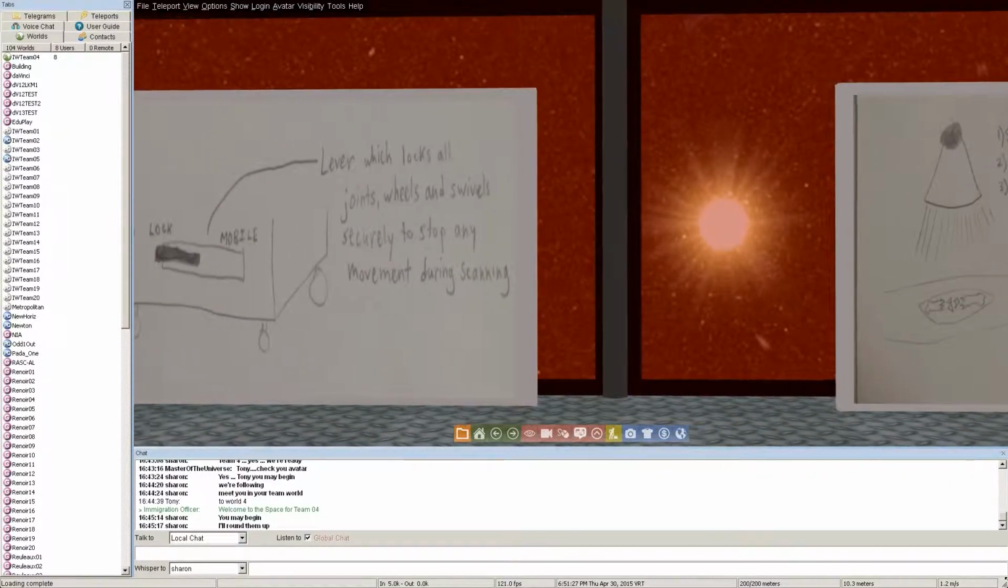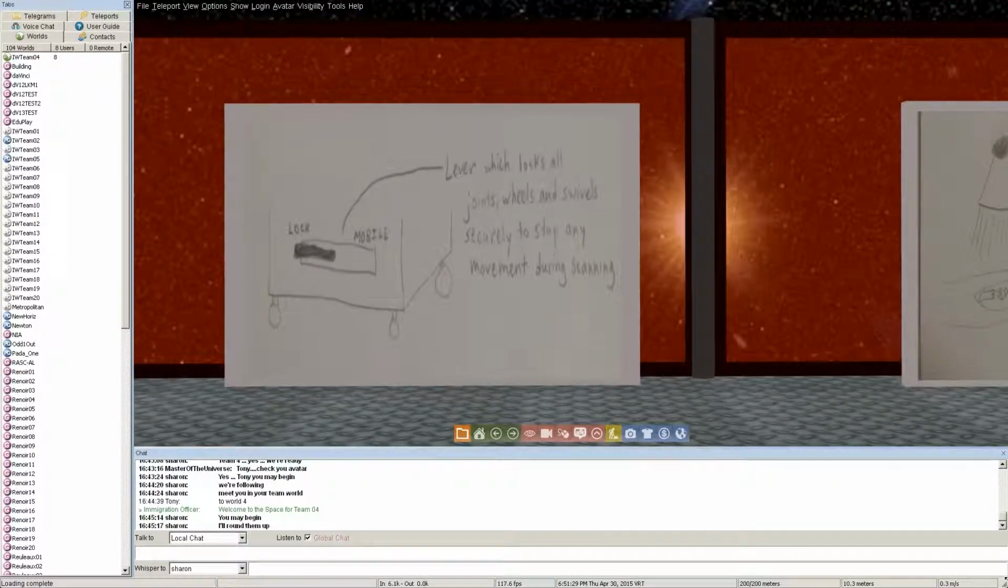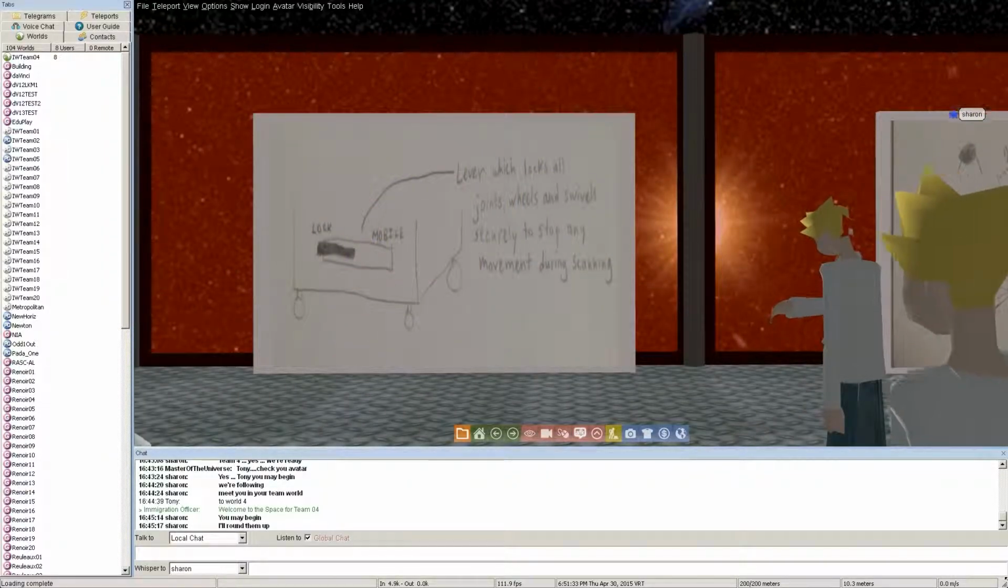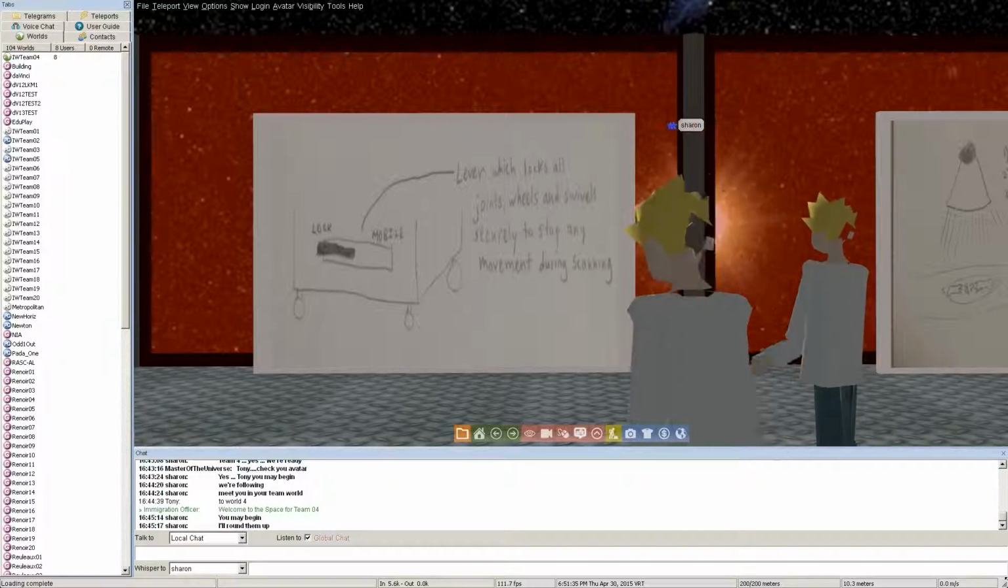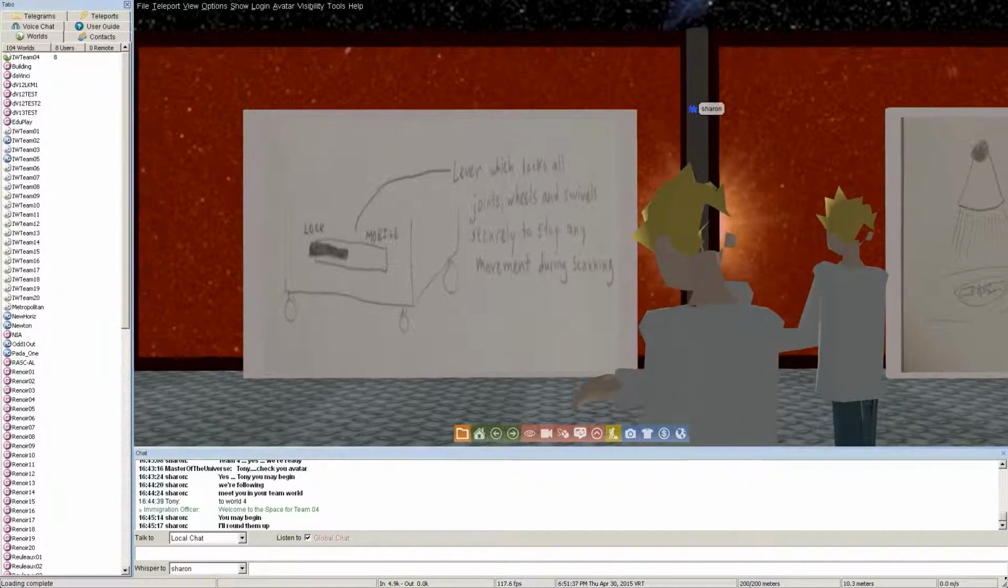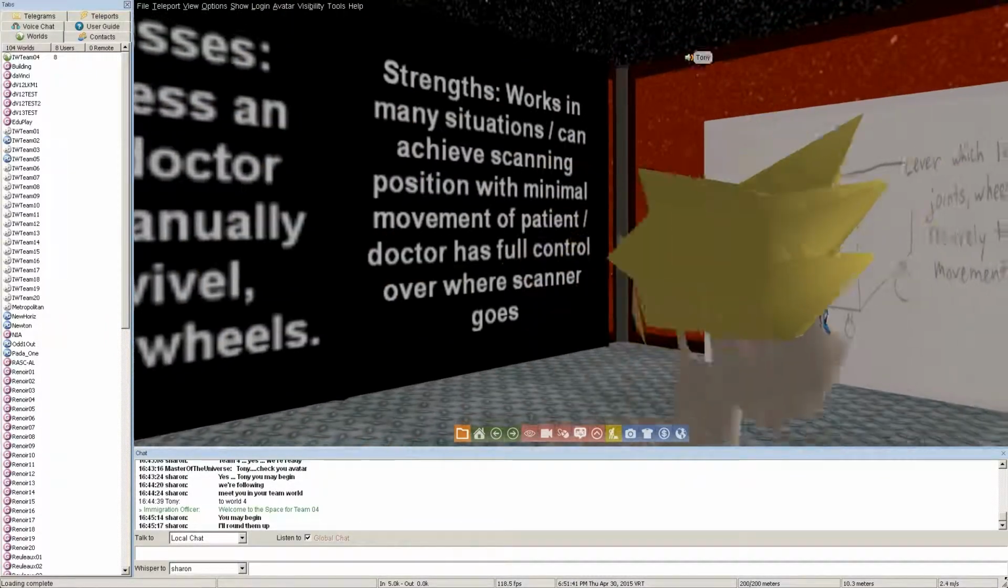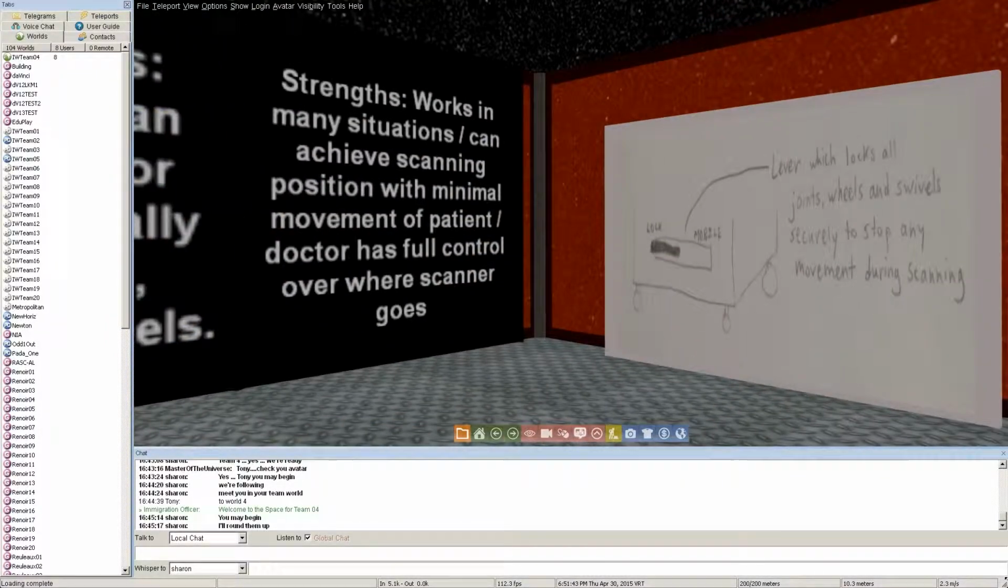And then if you look at the last sketch, this simply shows the lever at the bottom of the box, which would lock all the joints, wheels, and swivels, and this would stop any movement that was happening during the scanning of the patient. So just to go over a couple of strengths and weaknesses of this design,